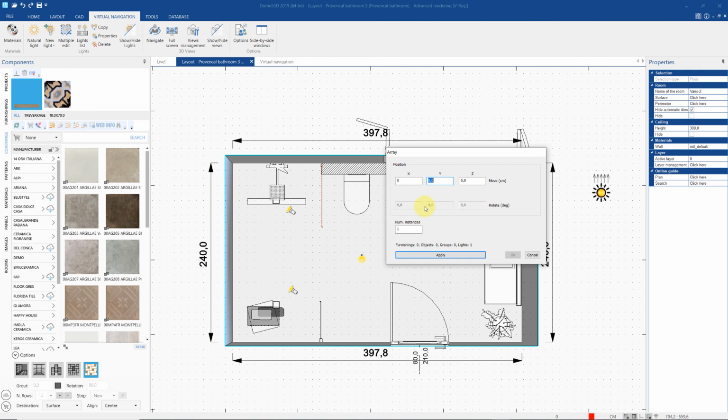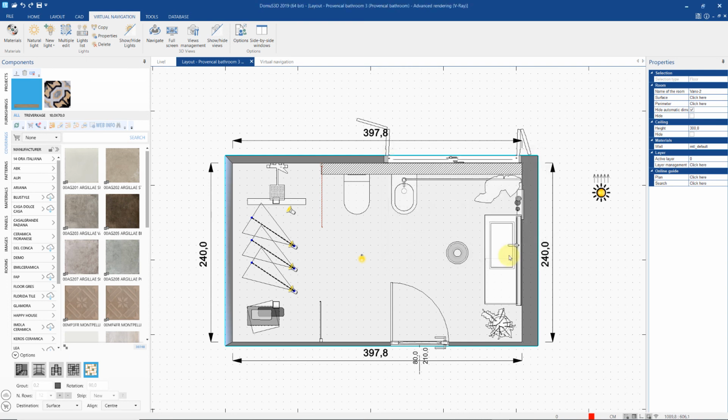For example, here we are asking the software to create 3 objects, including the first one which already exists, at a distance of 30 centimeters from one another along the Y-axis, therefore moving towards the top of our page. By hitting Apply, we can immediately see the results,